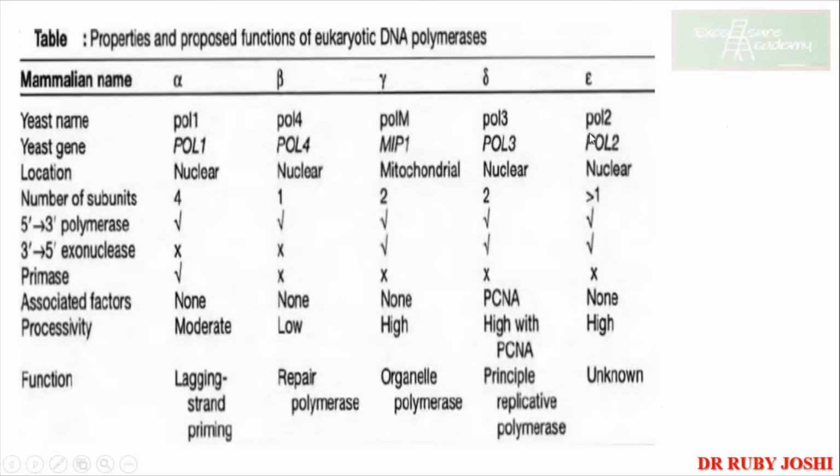जिसमें से मैंने पहले mention कर दिया है that alpha, delta, and epsilon are more important. ओके उसमें से भी आपका डेल्टा काम का है मेनली. जैसे प्रोकैरियोट्स में डीएनए पॉलीमरेज 3 इंपॉर्टेंट था, यहाँ पे डेल्टा इंपॉर्टेंट है. ओके तो दिस इज योर प्रिंसिपल रेप्लिकेटिव पॉलीमरेज. यहाँ पे आप देख सकते हो वो प्राइमिंग में हेल्प करता है एक्सेट्रा एक्सेट्रा. ओके